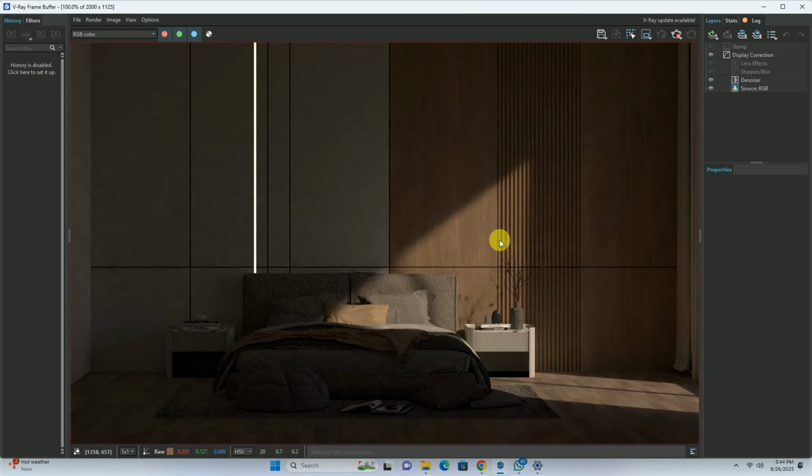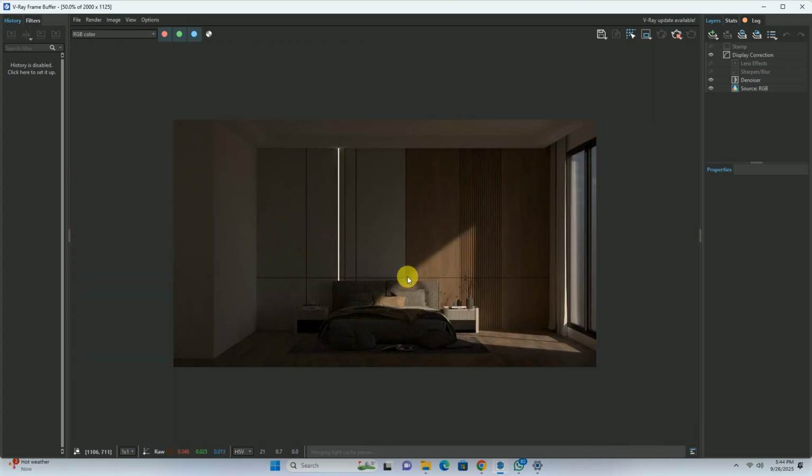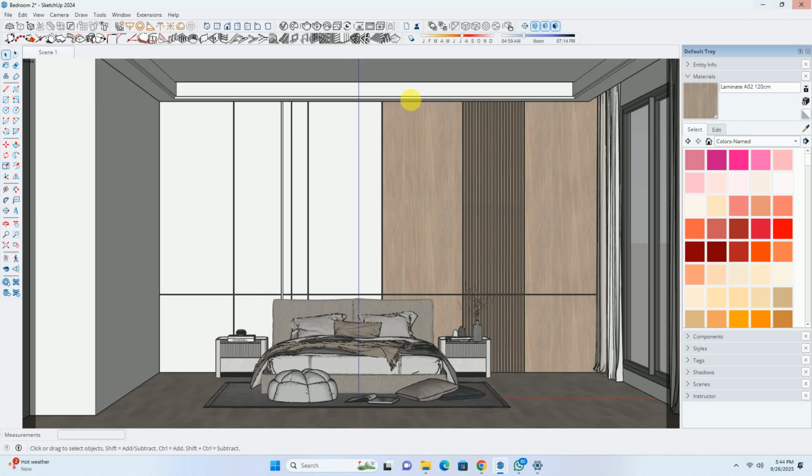Got it? Now, if you want, you can change the orientation of the sun also by changing the x and y or inclination of the sun. For me, this sunlight is quite perfect. Now we just have to add some other additional light. So for that, we'll stop it, and we have set up this view also.